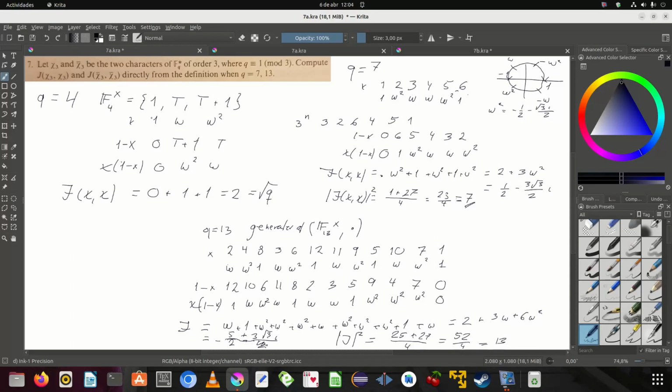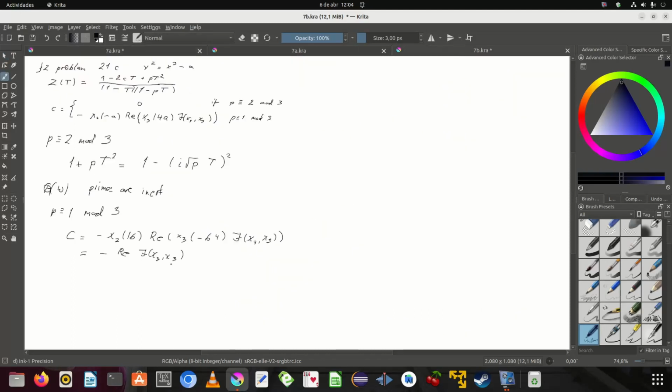So that's when we compute j, all the addends lie in Q extended with omega, so the sum will lie in Q extended by omega, and it will always be a square root. And that means that the factor becomes 1 minus 2 times the real part of, now plus the real part of omega, of j of chi3 with chi3, t plus pt squared,